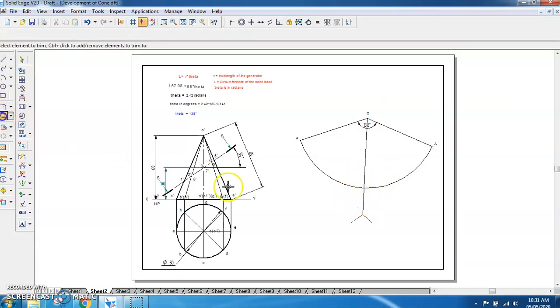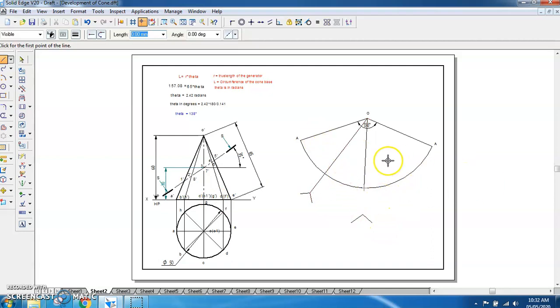Similarly, if I want to divide this into 4, the same method you have to apply. Again from here, take approximately this much distance, say 50 radius. This distance is approximate, you can take any distance, but it should be more than half. This is very much known to you when you are bisecting angles. So again you have got this. Again if you connect the intersection of these two arcs to this, you have divided it further. If you repeat the same procedure further, you will be able to divide this into 8 equal parts.